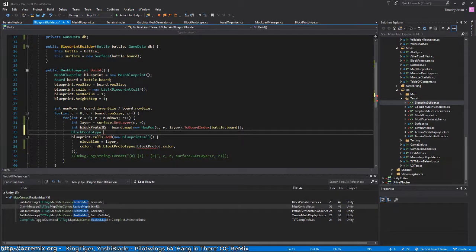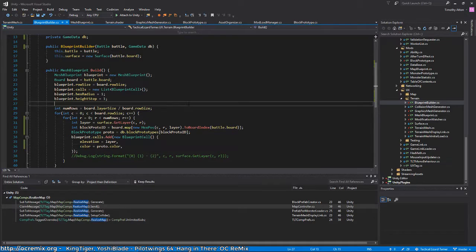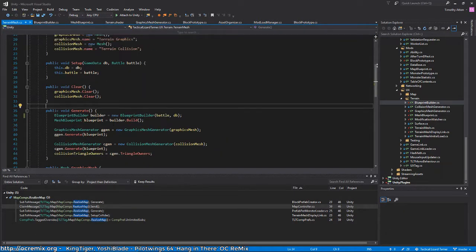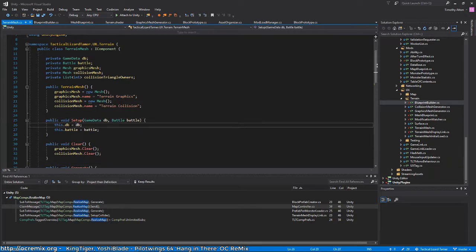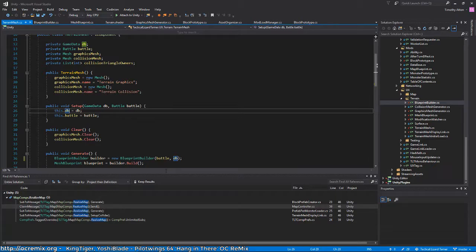ID. Alright, so I guess now we'll be able to see exactly what is null. Let's try and mesh. I guess there's no way the database could be null because it's set up right here. I guess I shouldn't say no way, but